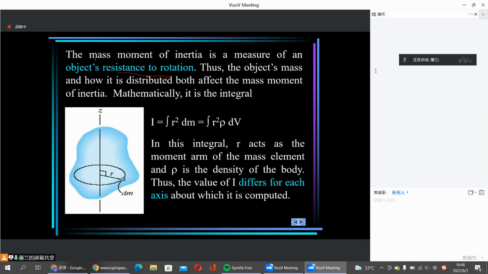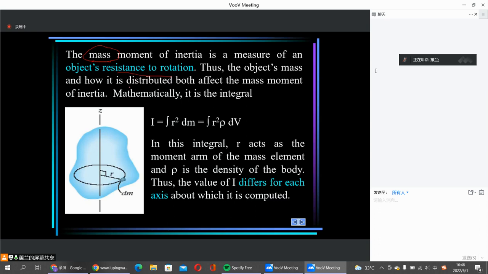We know that the mass is a measure of our object's resistance to translation. But here we have the mass moment of inertia, which measures the resistance to rotation, or the resistance to the change of angular velocity. We have known that angular velocity and angular acceleration describe the motion of rotation, right? So we know the mass moment of inertia,